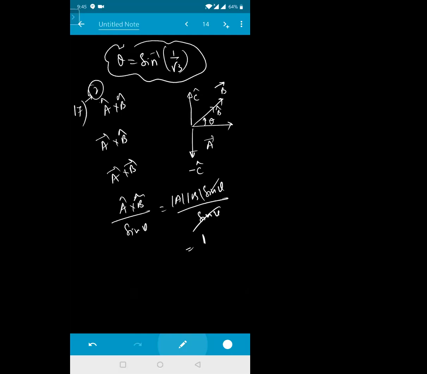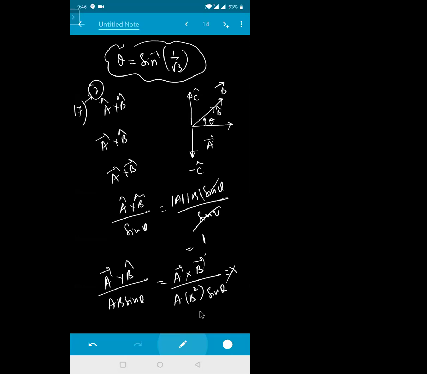If I take the second option right now, what is the second option given for me? See, this is the second option. If I take the third option right now, third option देखो क्या है? This one is your A bar cross B cap divided by AB into your sin theta. See here right now. This one is A bar cross B cap means B bar divided by A into B. This will become B square into sin theta. तो खाली ये B square में ये B चले जाएगा, but still we are having a number ना. A cap रह जाएगा. There is a B and followed by a vector quantity. So this is also not possible for me.